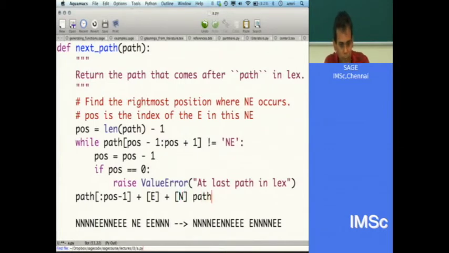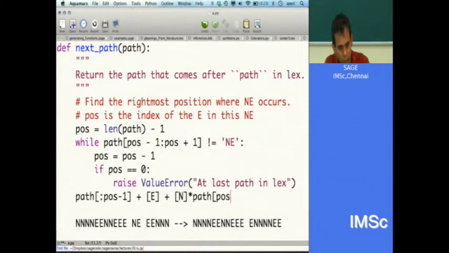We should take path. So we should look at path from pos minus 1.